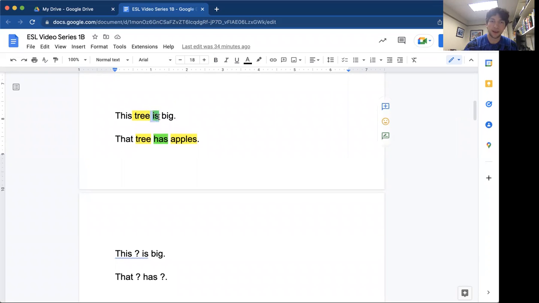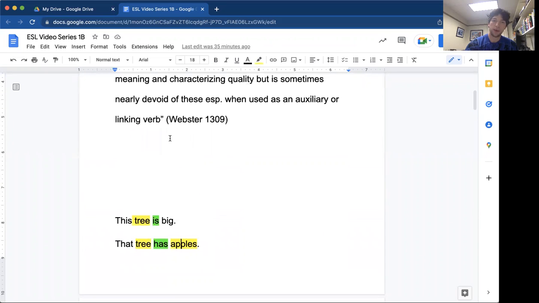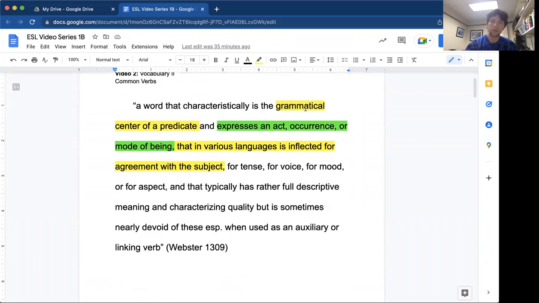So what I did here, I highlighted the verb in green, right? And then the nouns are all in yellow still. But basically, we go back to the definition here. The subject, oops, where's the subject? Right here. So the subject is usually pretty close to the front of an English sentence, and it determines how a verb is conjugated. So for the final part of the video, we're going to talk about how verbs agree